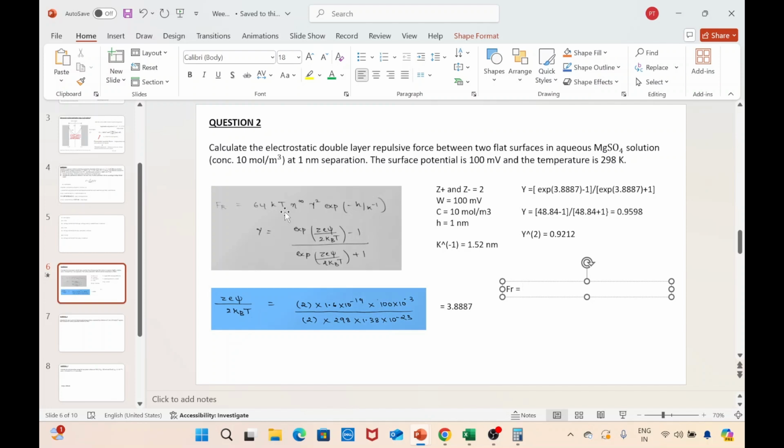So if you use the previous expression, you can modify this as 64 times R times T times again gamma square times exponent of minus h by k inverse,